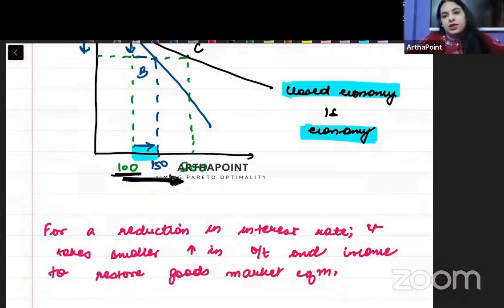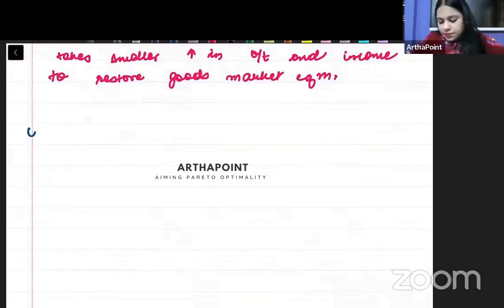Clear, beta? Acha, now, very important. Beta, if I want to look into the effect of other things, for example, if I ask you a question, how will the exchange rate affect my IS curve? So, if I ask you what happens